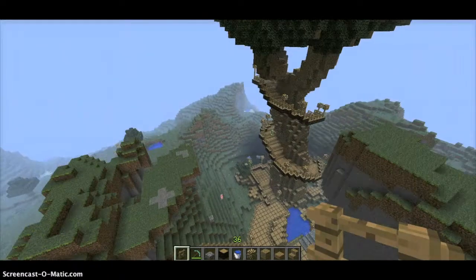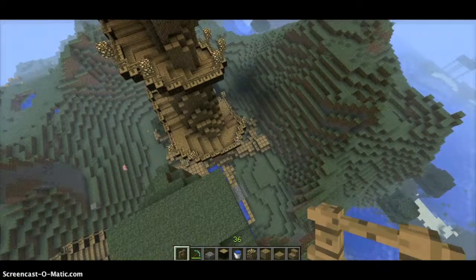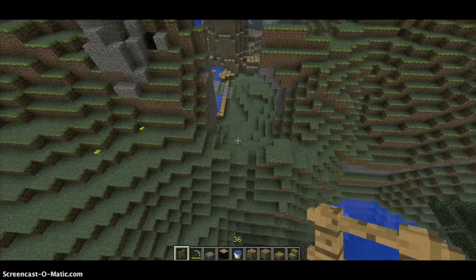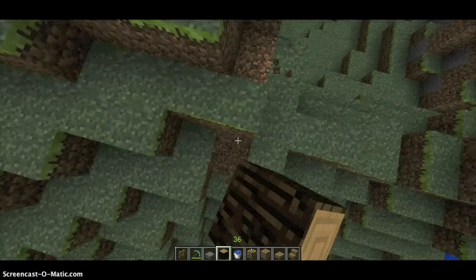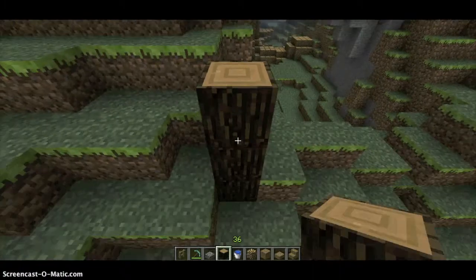Let's see what's going on over here. No, I'd like to connect it to that main strip right there if I could. So best case scenario is making a really nice entrance right here, which I think I'm going to do. Okay, so I'm just going to open this up right here and build up